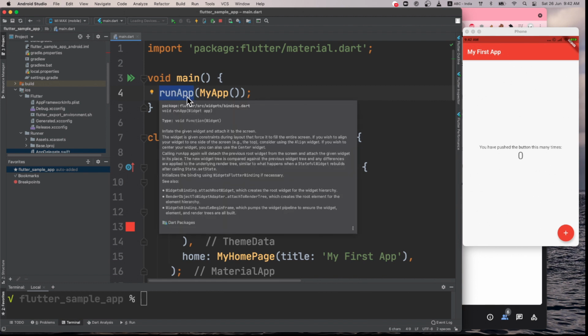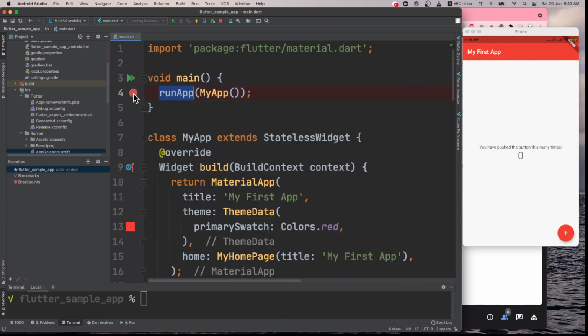If you come on this, you can see it is defined in this binding.dart file. It is a method that returns void and takes a widget. And this widget can be anything that you want to render on the screen. So this is the entry point for Flutter. This is the entry point for Dart.